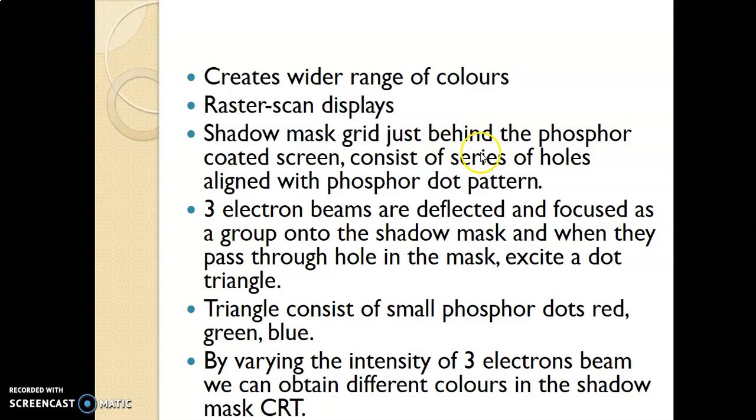The shadow mask grid just behind the phosphor coated screen consists of a series of holes aligned with the phosphor dot pattern. Three electron beams are deflected and focused as a group onto the shadow mask, and when they pass through